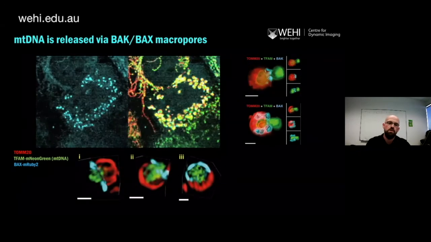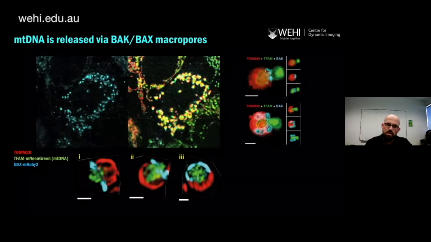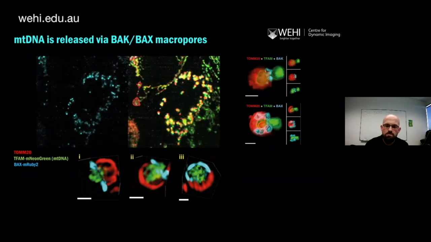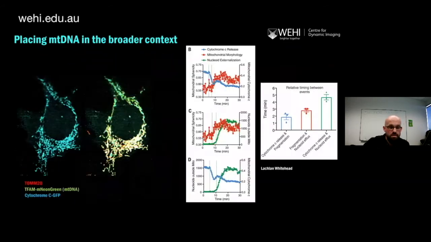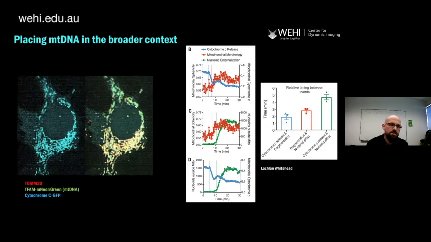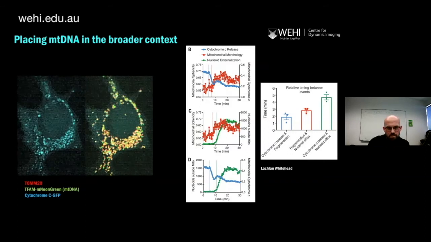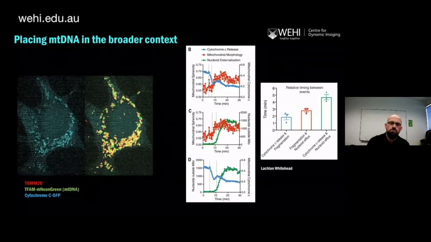So here we have some structured illumination microscopy images from our SIM platform, and they found that these pores were huge macropores through which the mitochondrial DNA could escape. Using this technique, they could then place this in the broader context of the cell death process itself and look at how it related temporally to things like cytochrome c release. They were able to find that these temporal kinetics were really well conserved, and they occurred at very specific